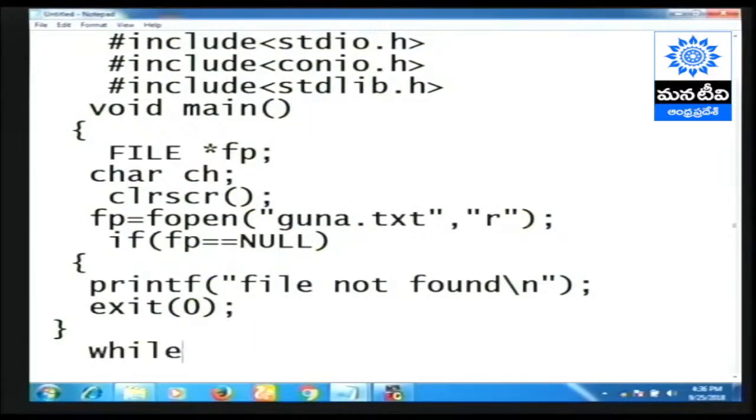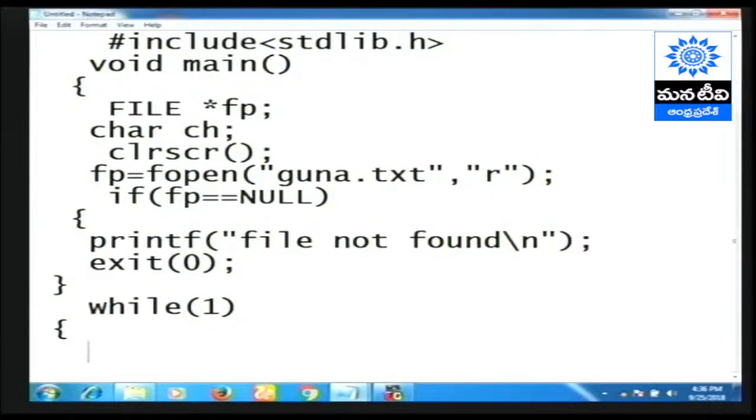While 1 means true. Whenever the condition is true here, I want to read. Already I declared ch. Ch is a character variable, and into the ch variable I want to read the data from the file. How to read the data from the files? The fgetc function, file get character,